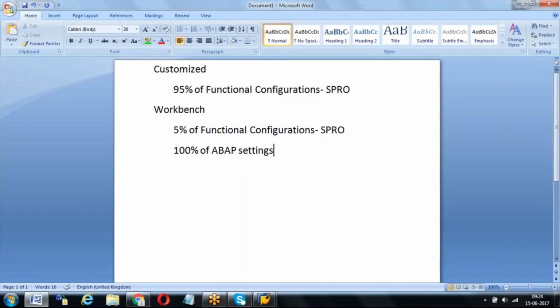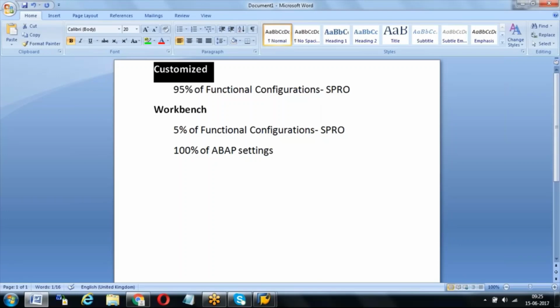I explained what is workbench and what is customizing. For example, for customizing in the same development, you may have 2-3 clients. We have a landscape of development, quality and production. In development, we can have 2-3 clients. One client is only for configuration, only SPRO. You don't create any material or anything there. We will restrict that. In another client we restrict SPRO and keep only testing, meaning material creation, PO creation, PR creation, sales order creation, that kind of thing.